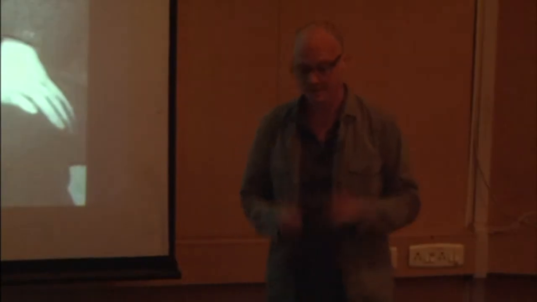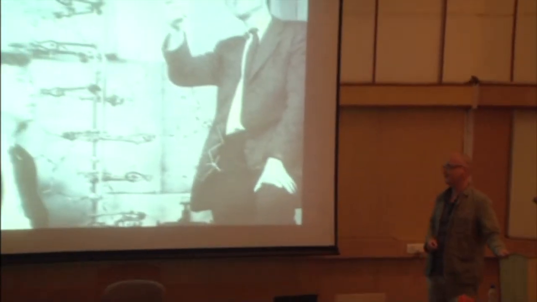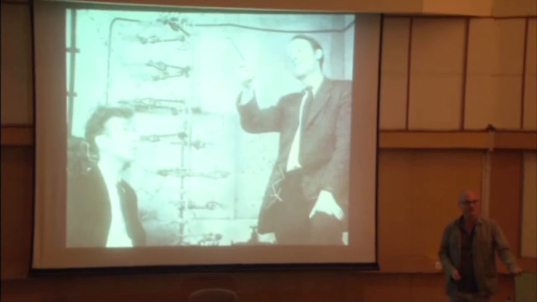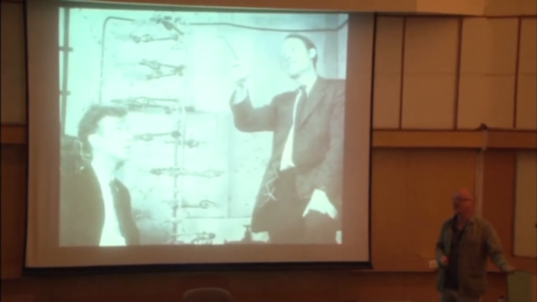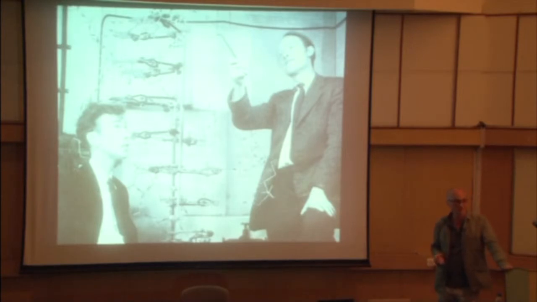I'm going to start with DNA and begin with these two model builders, whom I very much follow in the tradition of building models with whatever tools you have at hand. This is James Watson and Francis Crick, who built the first model of DNA, constructed with cardboard and wire. And the project I'm about to describe, I was working with James Watson for the 50th anniversary of the discovery of the double helix in 2003. So the work I'm about to show you is from 2002 and represents the science of DNA at the time.